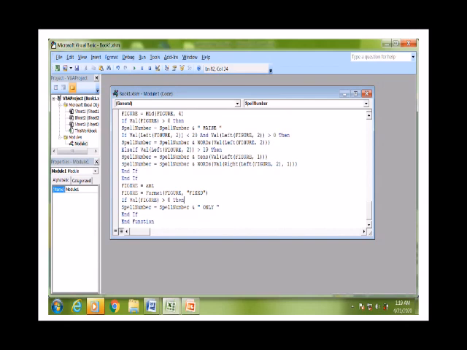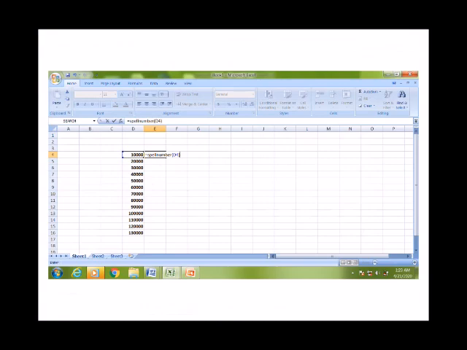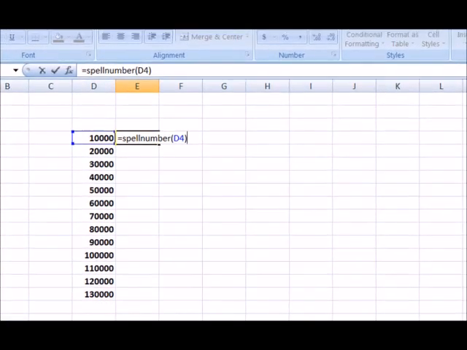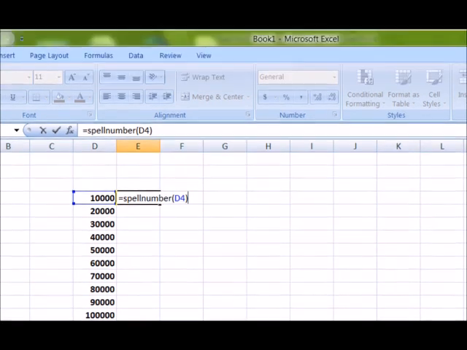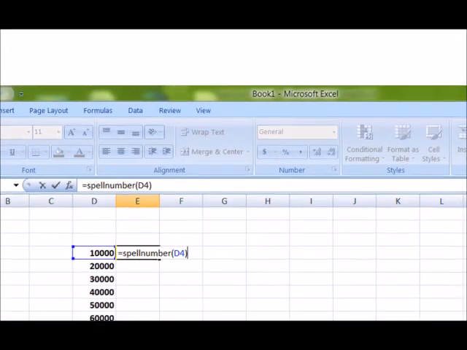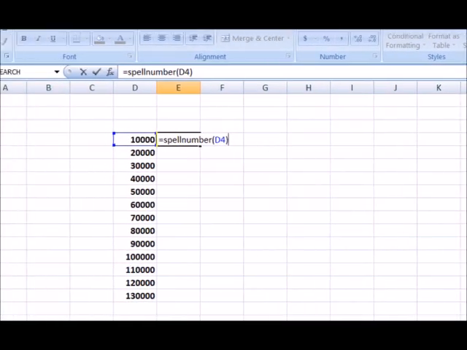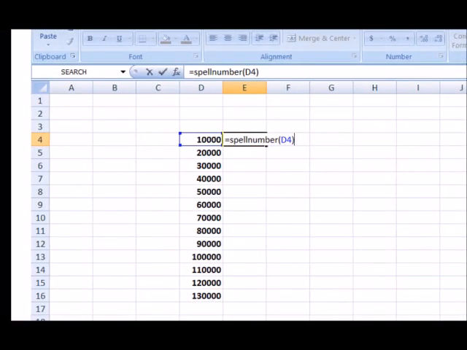Now we have manually created this function and we can use it very easily to convert our numeric values into text. So now how do we perform this function? First of all, we will write all the numeric values which we want to convert. After that, we will write this function which we have manually created, starting with the equal to sign. So equal to, then SpellNumber.